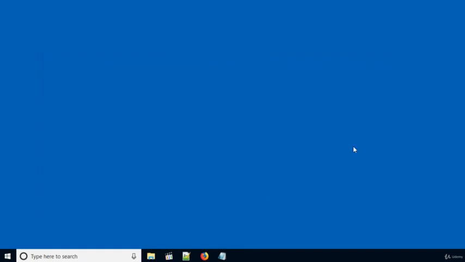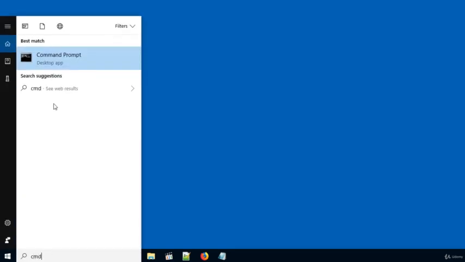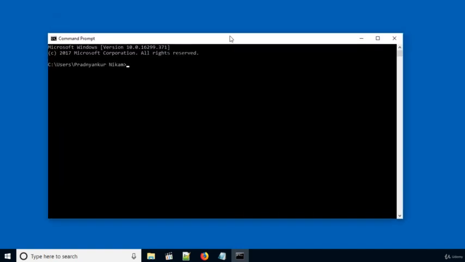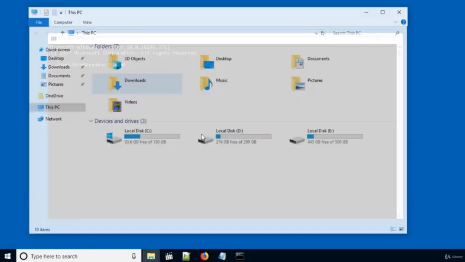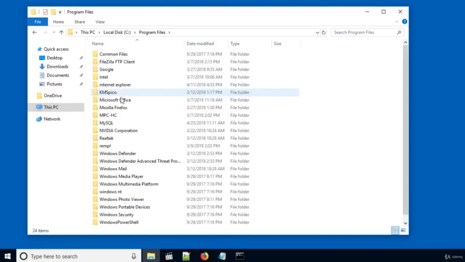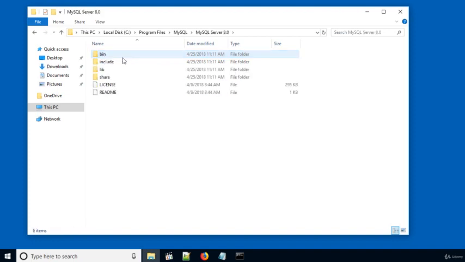Now log into your MySQL database server using the new admin username and password. On Windows operating system, on Start menu, in search box, type cmd and open the command prompt. To change the directory to MySQL bin folder, first locate the MySQL installation directory. In my case, MySQL is installed in C drive, Program Files, MySQL, MySQL Server 8.0.